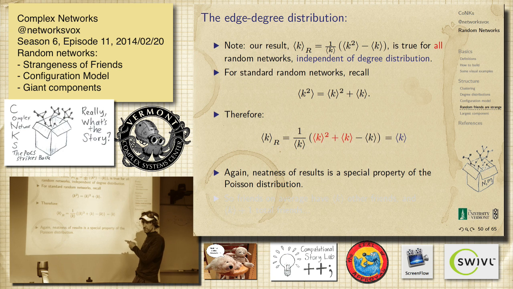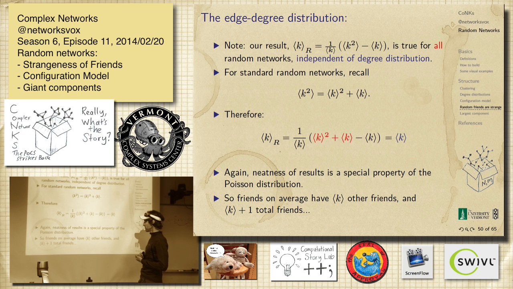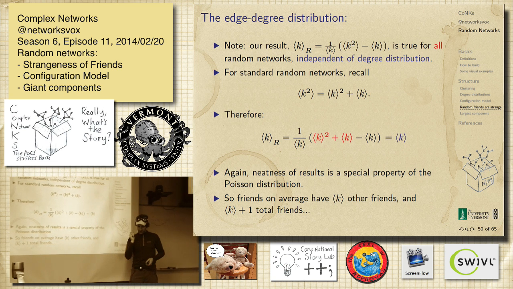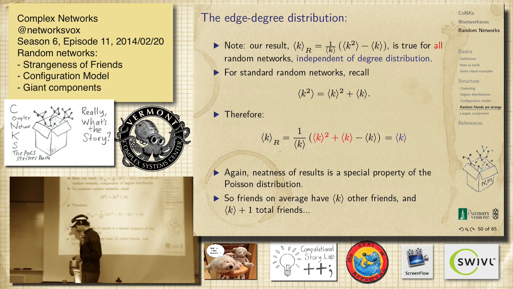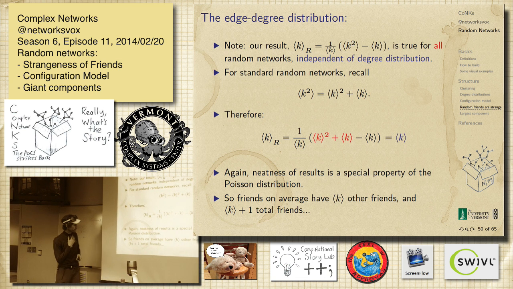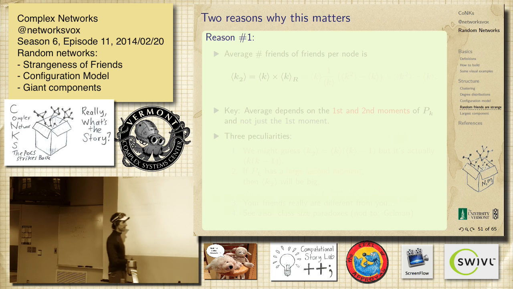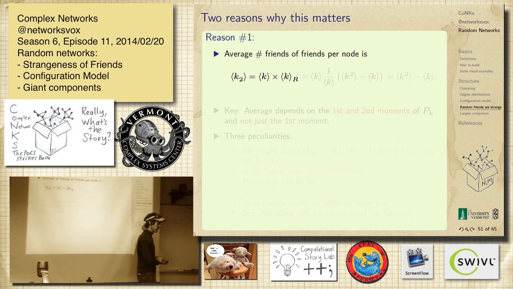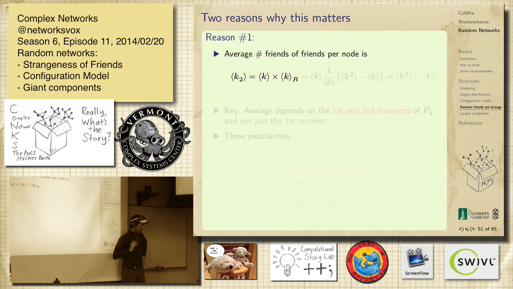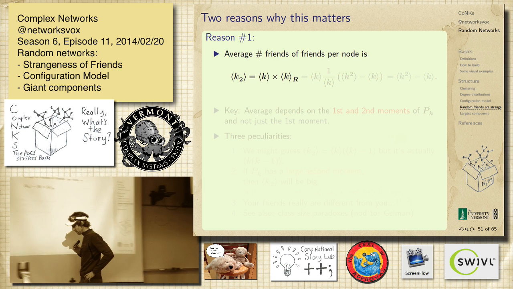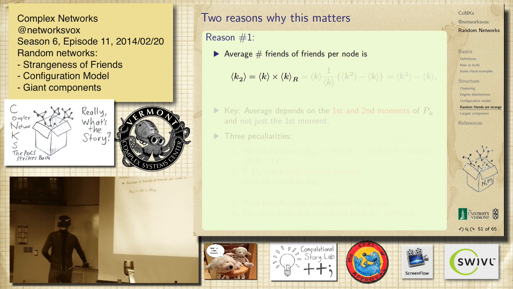Okay, and it's going to give rise to some bad mistakes. All right, so this is our story, right? On average, they have the mean plus one friends in total. Cool? That's a nice little result. See, it's all very good. Yeah, it's math, you can check. So why does this matter? So you have a node, right? Let's say we're at some node.